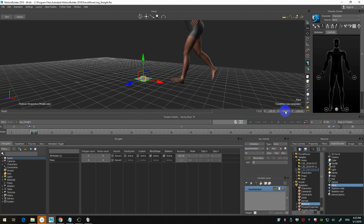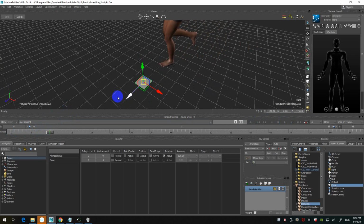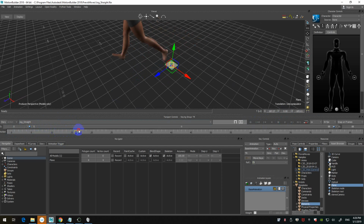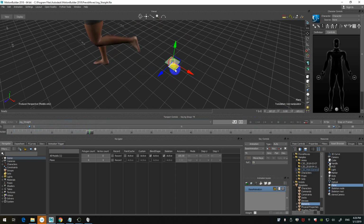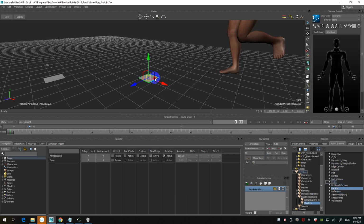So I'll put the Y at 0. In here, I'm just going to move it here. And then on the next one, splash in here. You can duplicate the same plane, right click on it, duplicate, and just put it here. Okay. So now the particle is a particle shader. So you need to go back in shaders. It's called particle. Okay. So you just drag and drop to the plane, replace by type,